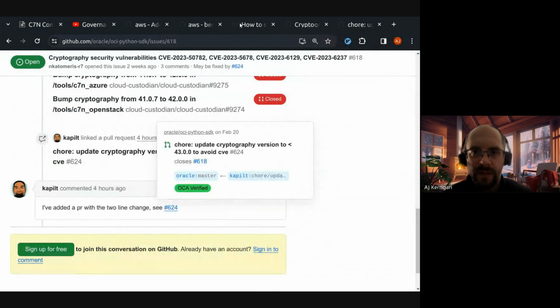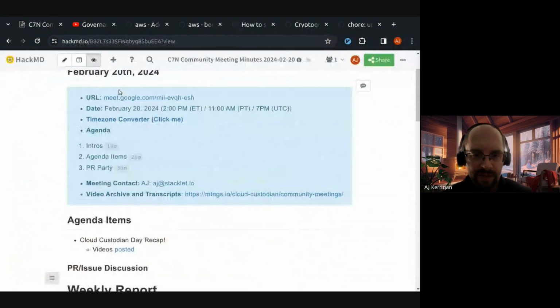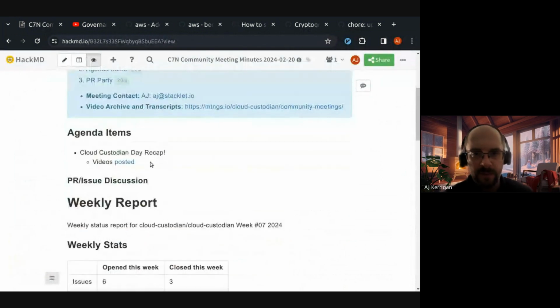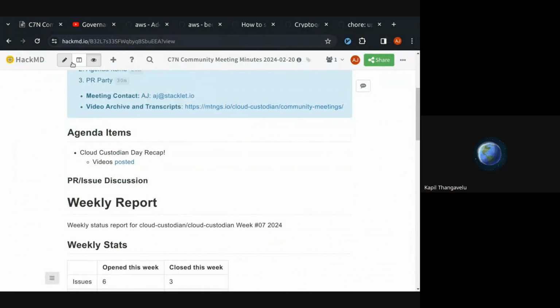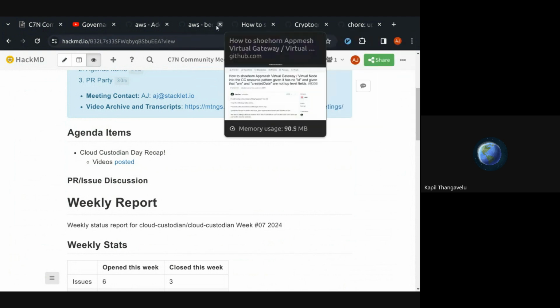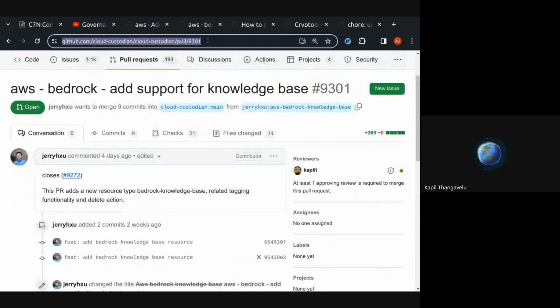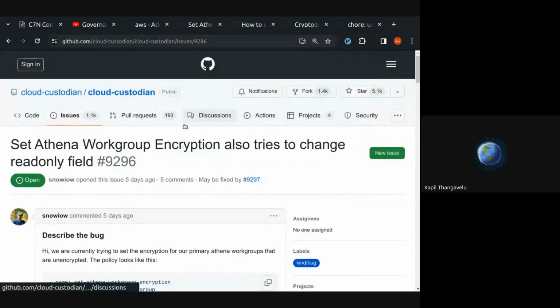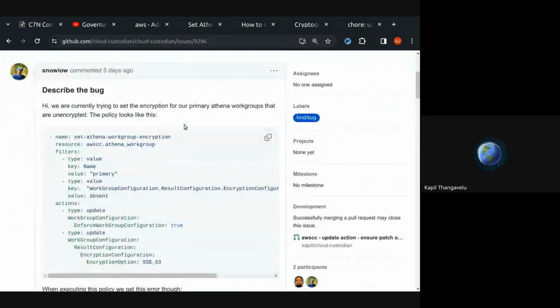So I think that's all I've got for top items. We'll make a note. We'll add some of these pull requests that we brought up to the meeting. There is an interesting one, 1996, which I think we had referenced in a DM. I was curious if anyone on the call is using the AWS CC provider.